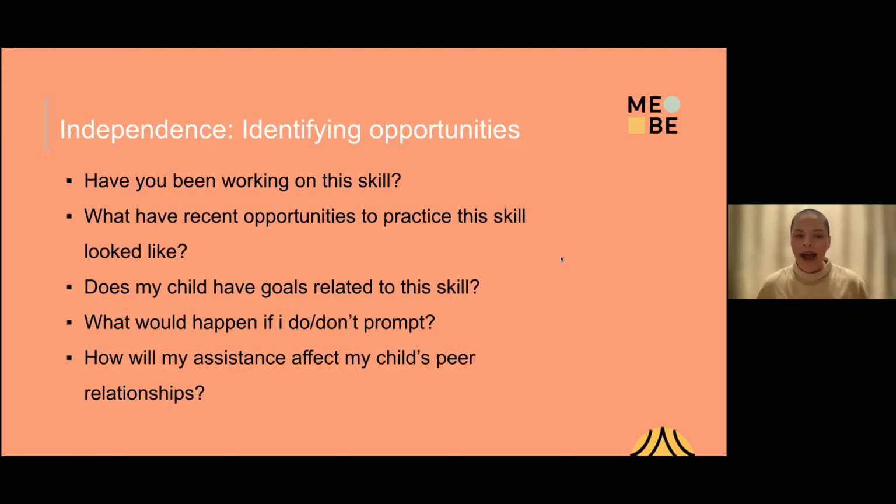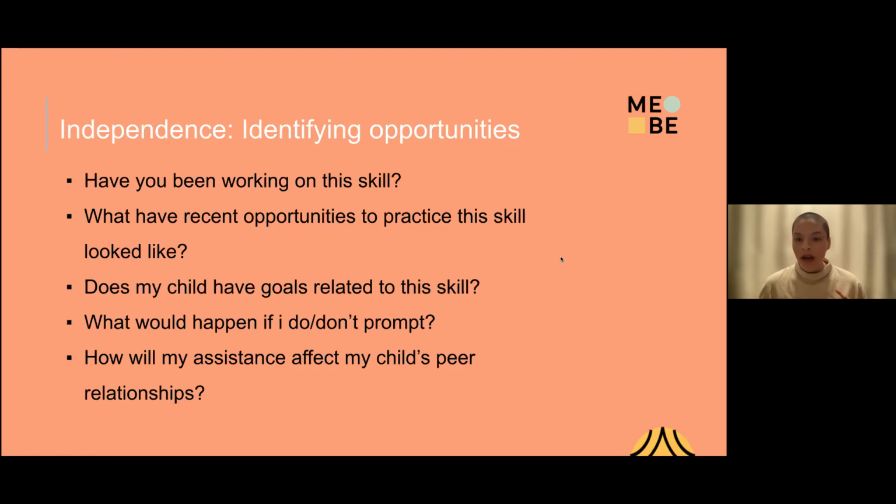So it's about thinking it out, and you're not always going to get it right. I don't always get it right, and that's okay. It's a learning process for everyone, and you know your child the best, and you can determine, thinking about those other questions that we talked about, as well as now you've identified what it looks like when they're becoming upset, right? If you're catching on to that, maybe it would be a good opportunity to help them with that. And then the last question we have is, how will my assistance affect my child's peer relationships? So this is something to keep in mind as well.